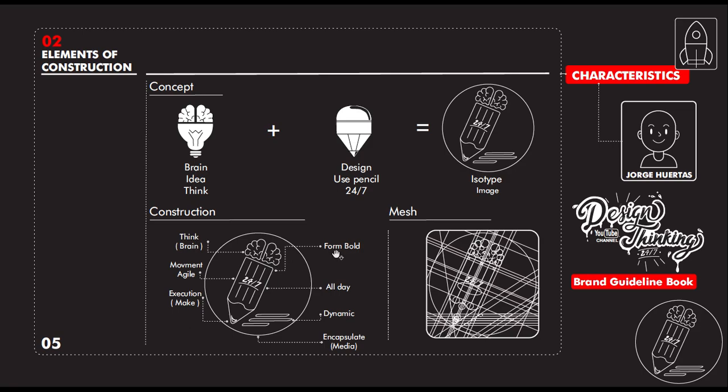Everything that we do here is bold in our identity. The 24/7 means that we do it all the time, and these lines show the dynamism of everything, and everything is encapsulated. Here we also have the mesh, which is the way that we make all the proportion on our